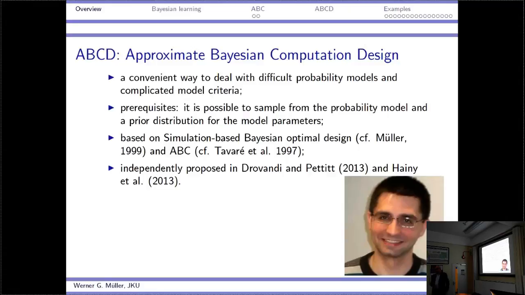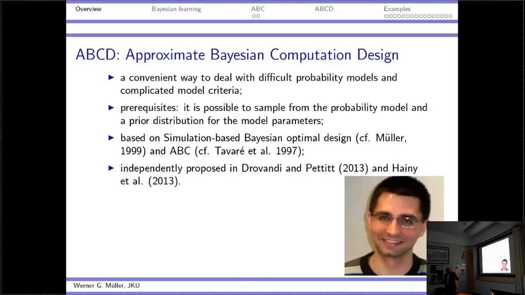In the meantime, we have met with Chris and his group, and we are trying to join efforts in forwarding this method and making progress with it. I think it's quite useful. So let me give you some introduction,